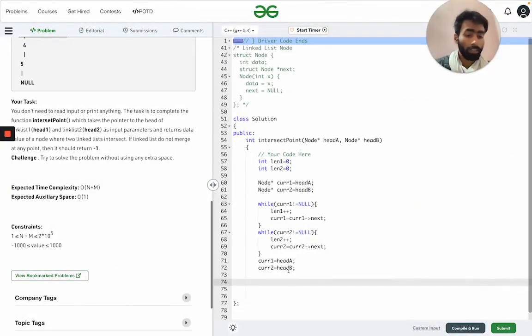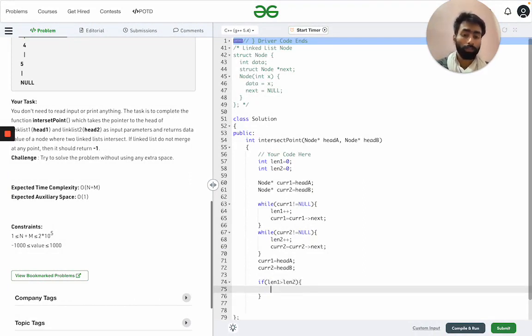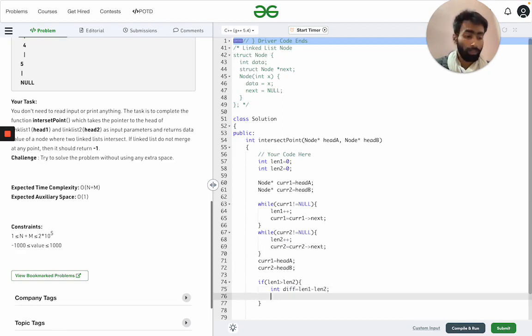So let's start. We have the lengths. If length 1 is greater than length 2, then we initialize a difference value like L1 minus L2, and we will traverse the difference part in the linked list which is bigger.